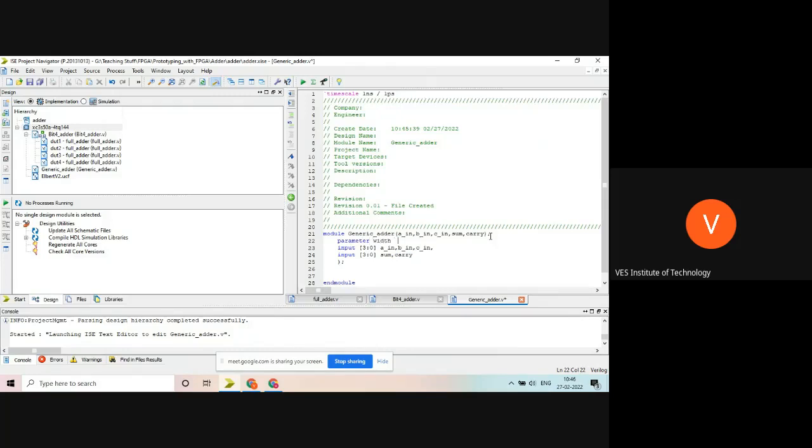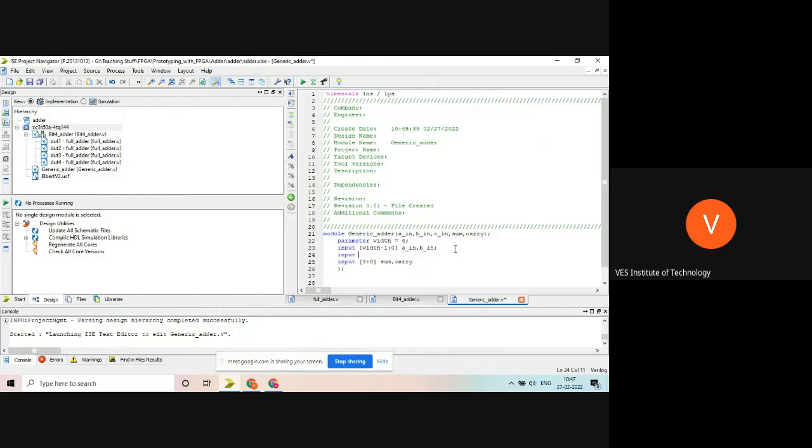Parameter width is equal to 4. I will write it as width equals 4, semicolon, and I will make this change as width minus 1 down to 0. Then I will make a small change.